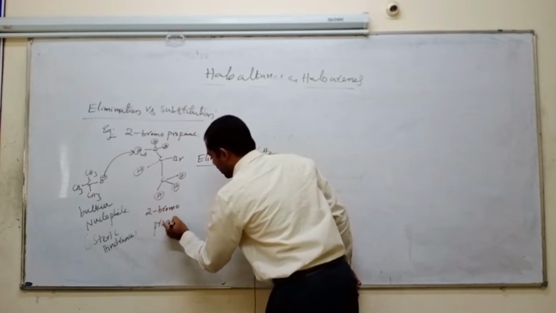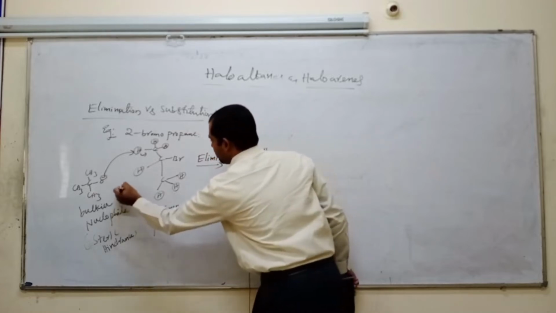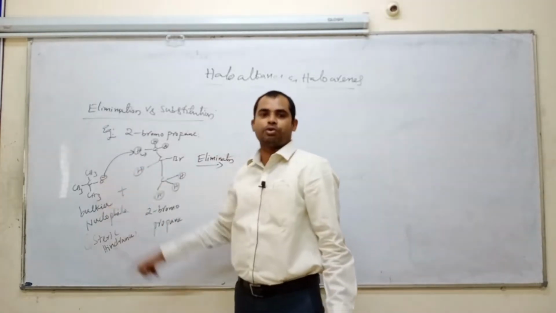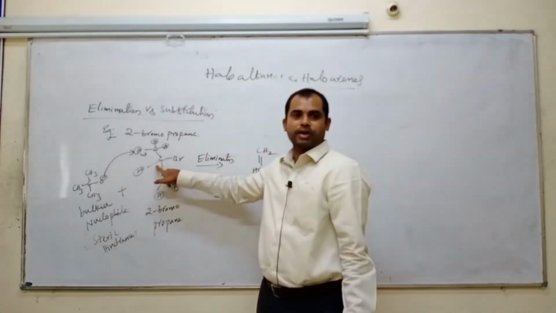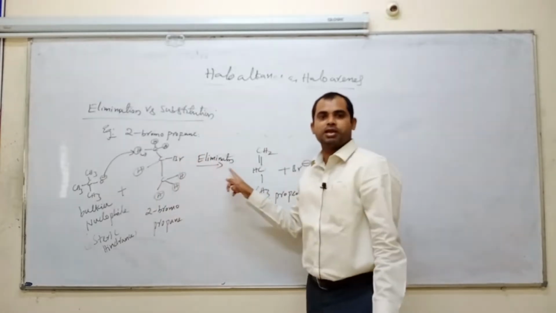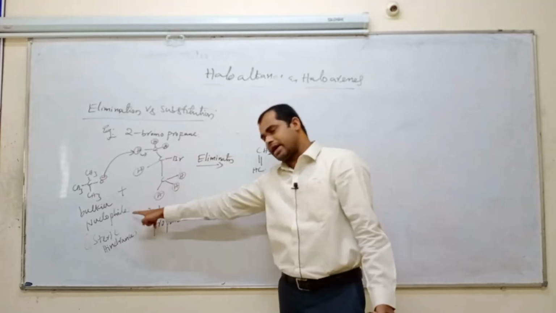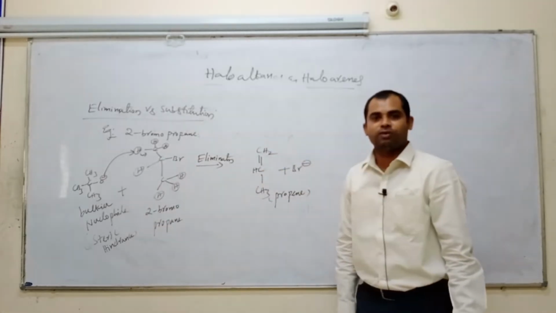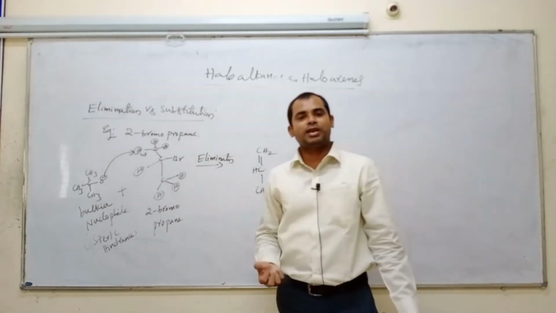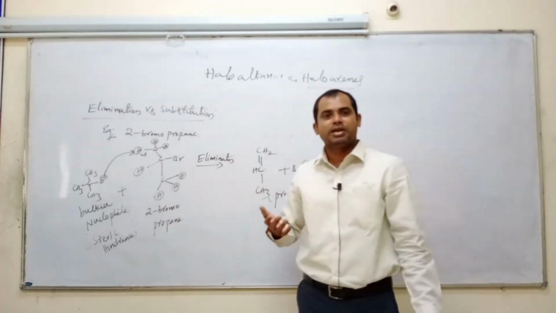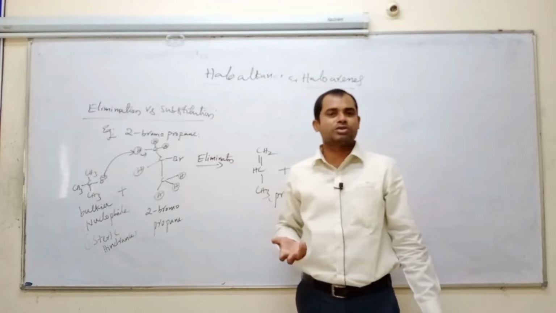2-bromopropane reacts with a bulkier nucleophile. What happened? This bulkier nucleophile always abstracts the proton from the tetravalent carbon atom. They undergo elimination. They form what? Alkene. So here the condition is that the nucleophile is bulky. This bulkier nucleophile creates steric hindrance. You have studied that more steric hindrance means nucleophilic attack is very difficult.